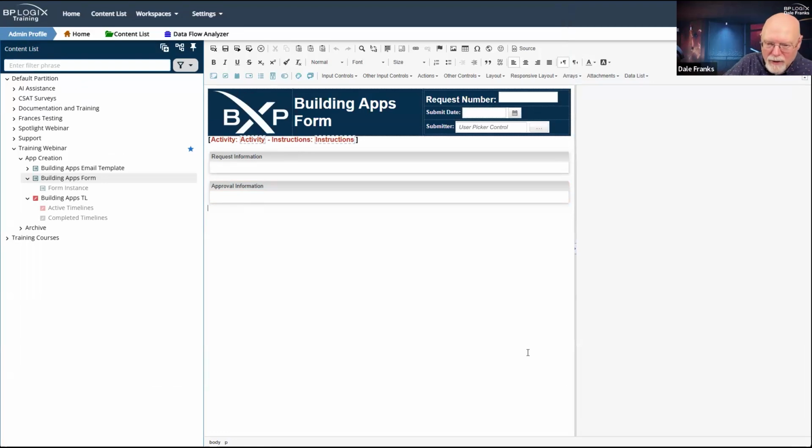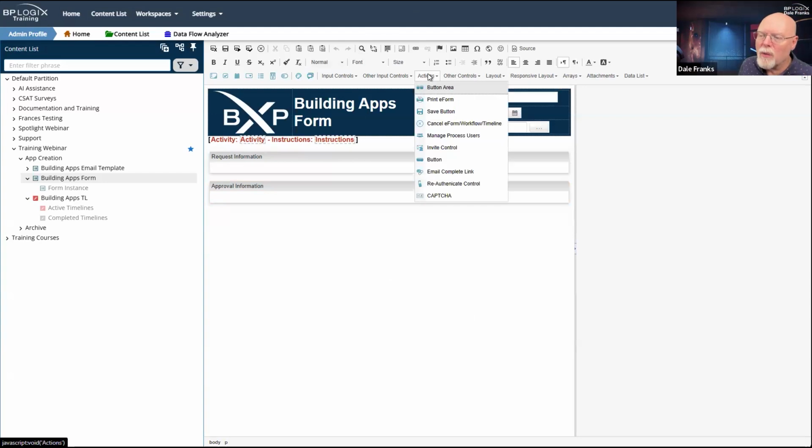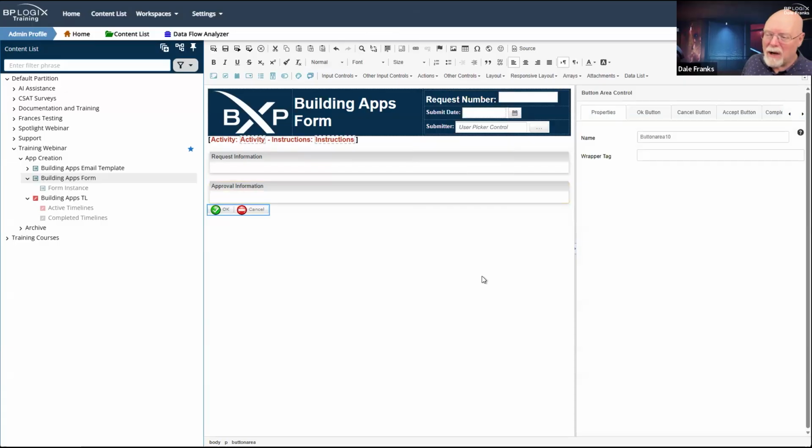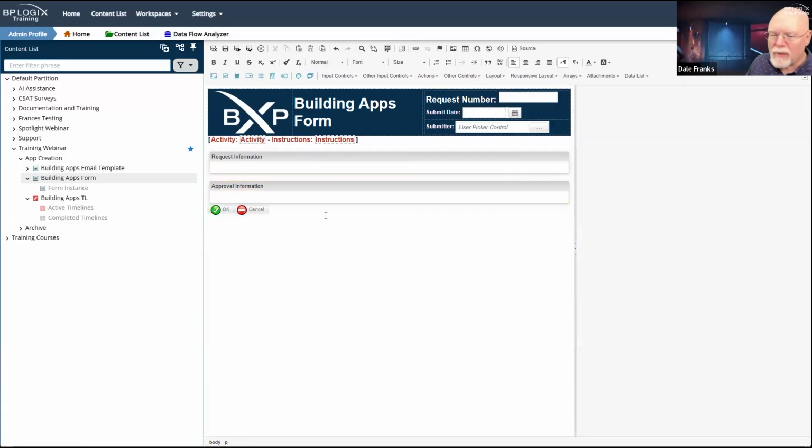And the reason that I'm going to do that is because I want to specify the location that those action buttons appear. Some people like to put action buttons at the top and bottom of the form. And you know what? That's fine. Go ahead and do it. We are ultimately going to have multiple action buttons here because of how we're going to build the process. But for now, we're going to throw our action buttons on. We don't really need to do anything special here. We just need to click the button area and it will appear. And I'm going to place it right here, right below my approval information.